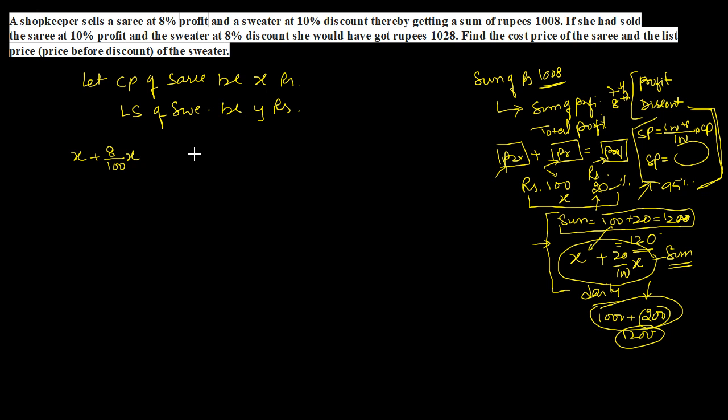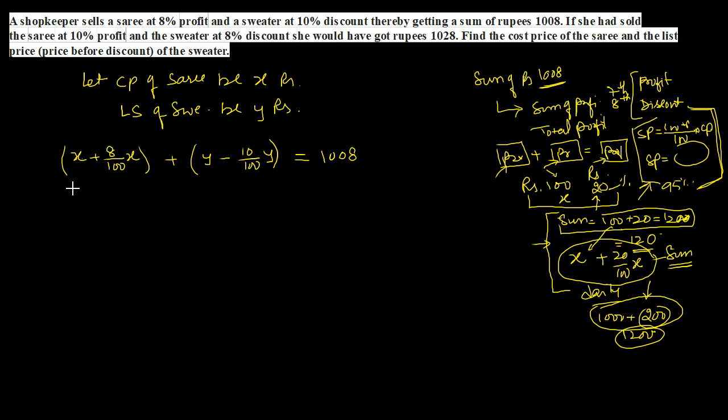And for a 10% discount, if I give a discount, should the money reduce or increase? If I am discounting, I am reducing the money. So I have to subtract 10% discount on that. Discount is the money which is reduced from the price. And the total money made is 1008,